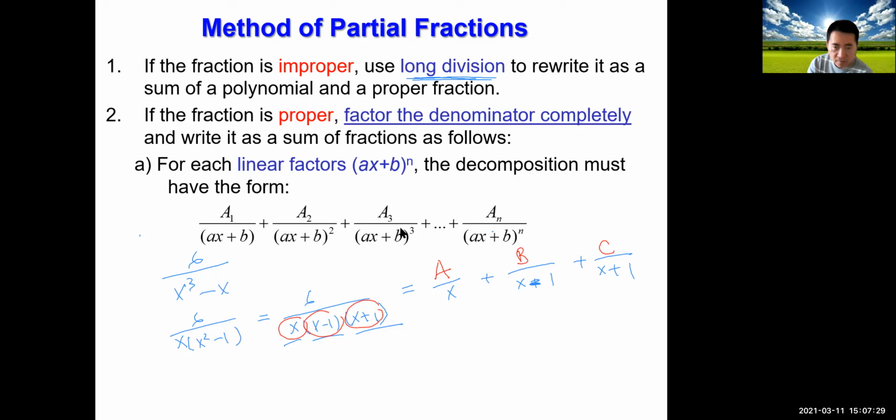It's just because the linear factors I have written down only have degree 1 outside for each of them. Now, if you have something more than just 1, right? So let's say you have